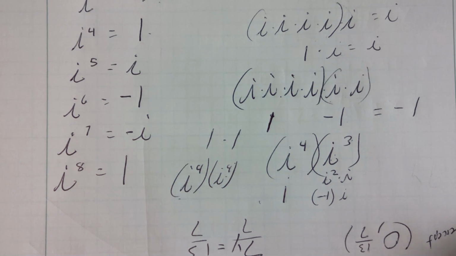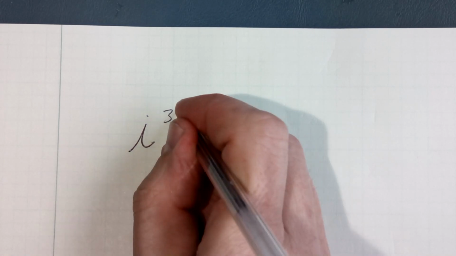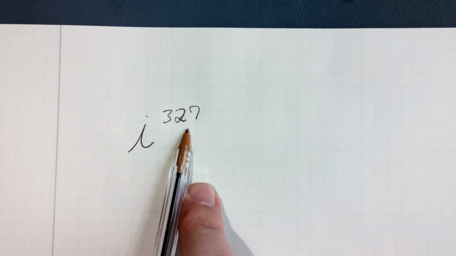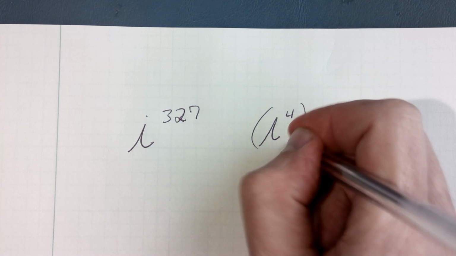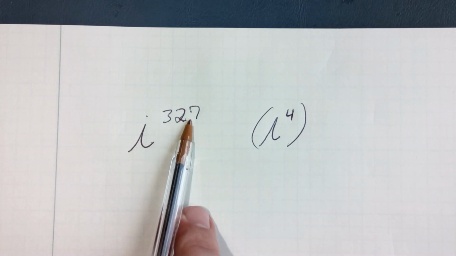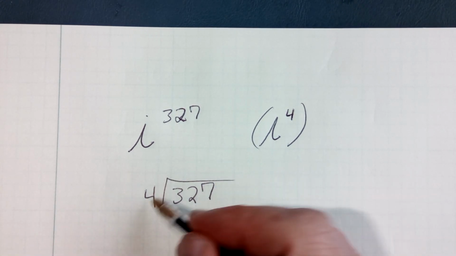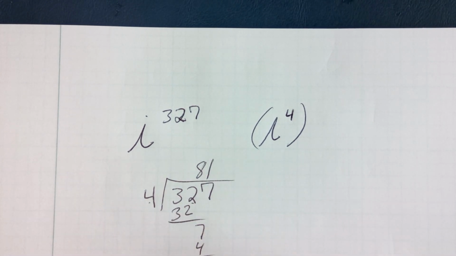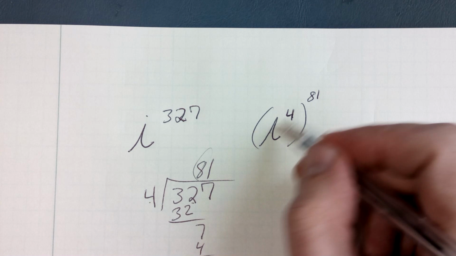And so from this point forward, if I give you something like i to the 327th power, all I'm going to do is start grouping them in sets of 4. I'm going to ask how many i to the 4th powers are contained in 327. Well, that's simple division. I do 327 divided by 4. That's going to be 8, which is 32. Drop down the 7. That's going to be 1, which is 4. Drop down to 3. So in other words, I have 81 i to the 4th,